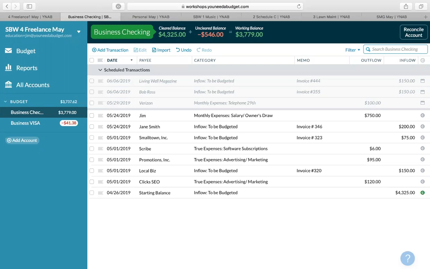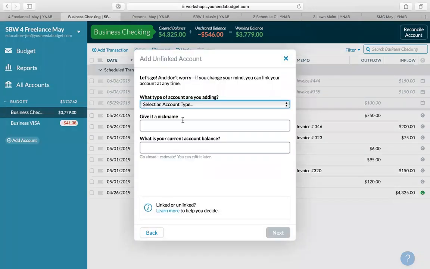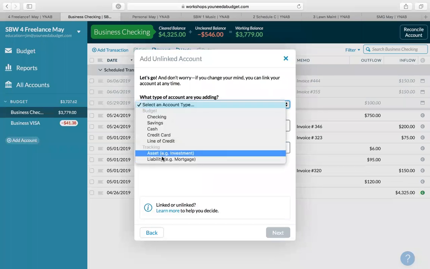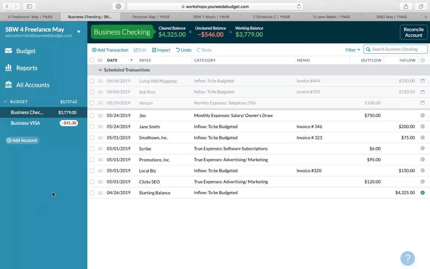Reese was wondering, is there a way to use off-budget accounts with the new YNAB? Of course. Yeah, we call them tracking accounts now, Reese. So if you add an account, you can choose an account type called a tracking account, asset or liability. There are some situations that could be helpful. And I know one of the alternative ways of handling your receivables would be to create a tracking account. We enter those receivables in that tracking account. And then when the money arrives, we transfer the money from our tracking account to our checking.